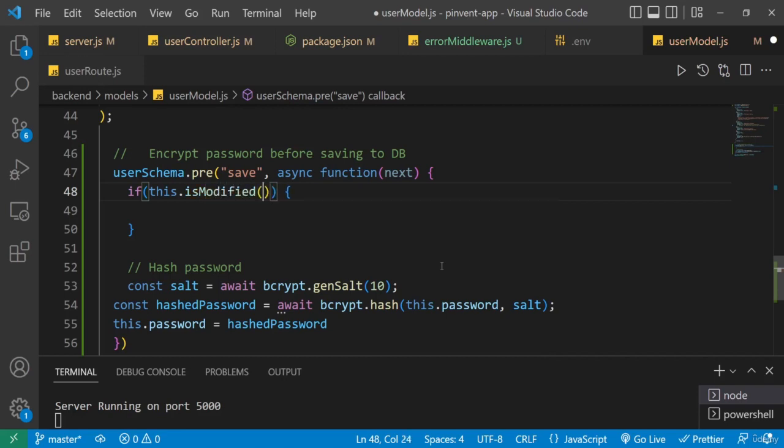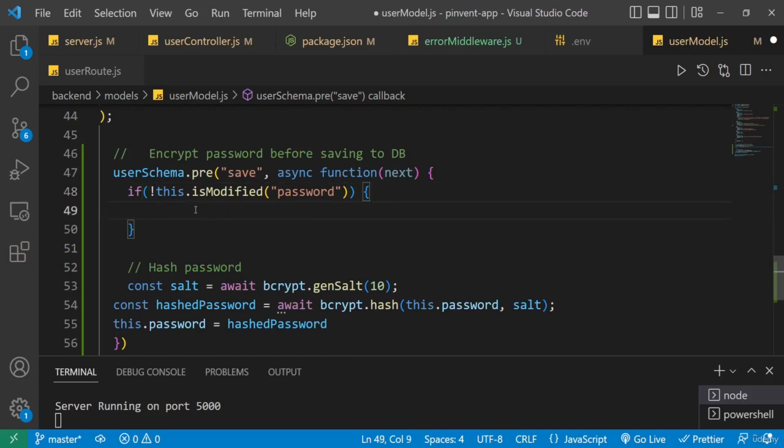Then you just open your parenthesis and specify the field you're referring to, and in our case it's password. Okay, but we don't want to check if it's modified, we want to check if it's not modified. So here we're just going to have our exclamation mark. So technically I'm saying that, look, if this password field is not modified,